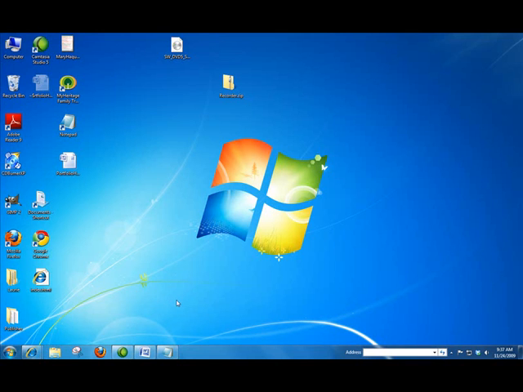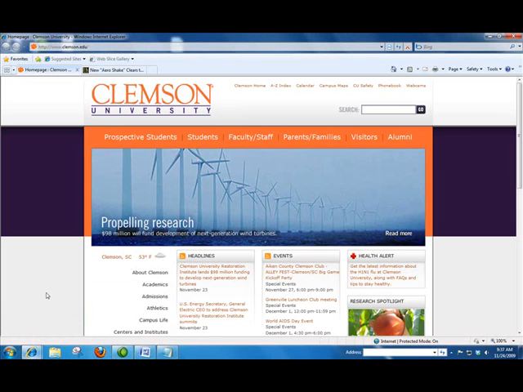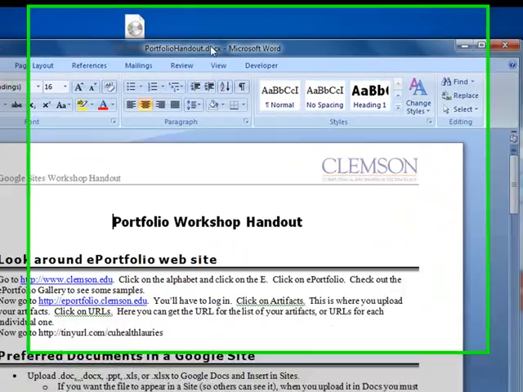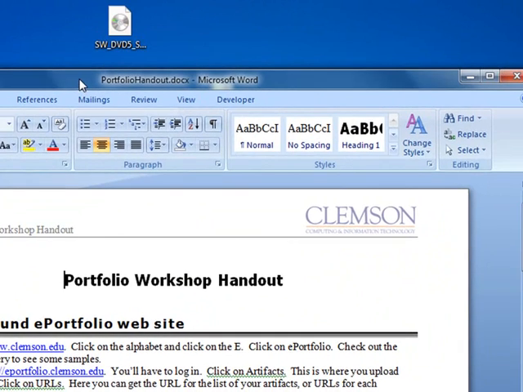to show a couple of the visual enhancements in Windows 7. Here I have Windows 7 running, and I'm going to open a couple of things. First I have an Internet Explorer window, and then I have a Word document. A lot of times when I'm working on my computer, I'd like to be able to see two things side